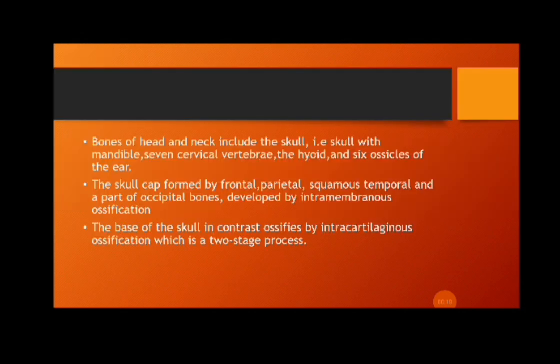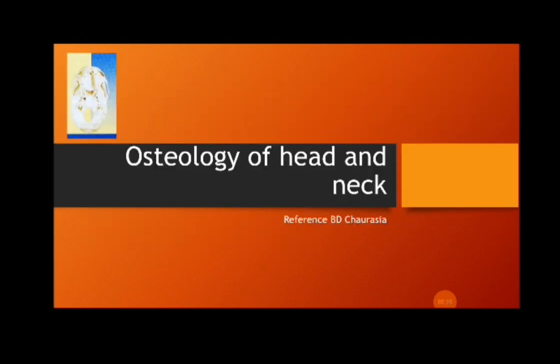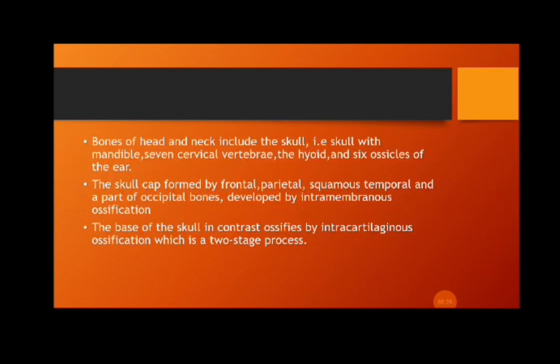Let's see about osteology of head and neck. So, what is osteology of head and neck? It is mainly the study of the bones. So, bones of head and neck include the skull, that is, skull with mandible, 7 cervical vertebrae, the hyoid, and